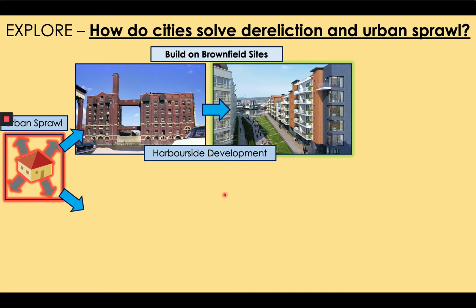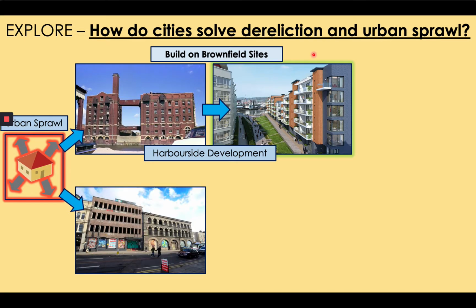Therefore, by themselves, projects like the Harbourside Development Project, which took the old steel mill here and turned it into apartment blocks, is not going to solve urban sprawl by itself. However, it does reduce dereliction, because this old abandoned warehouse and factory is transformed into very attractive apartment blocks. Additionally,